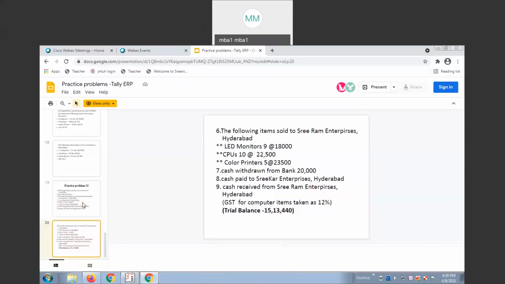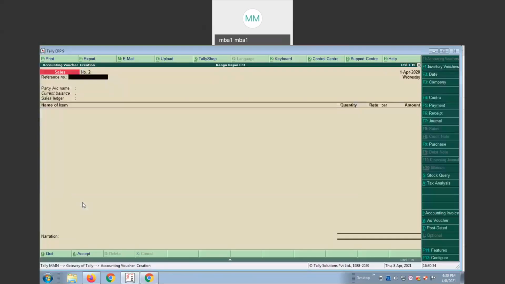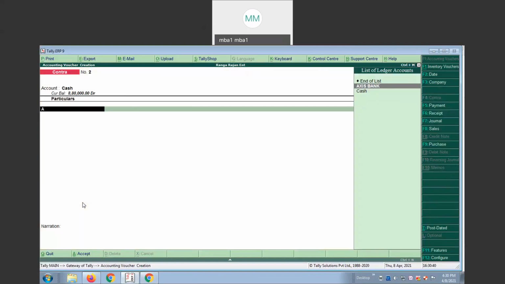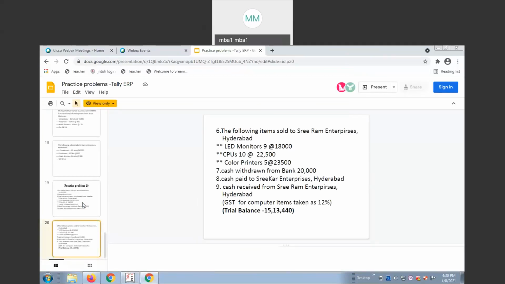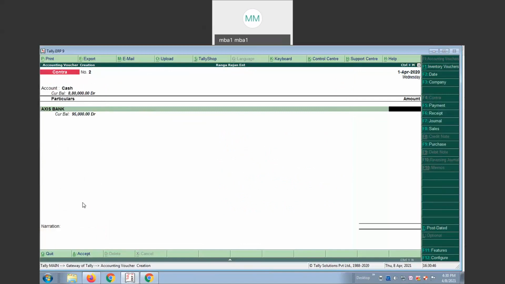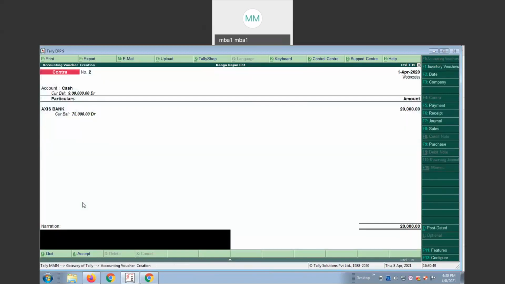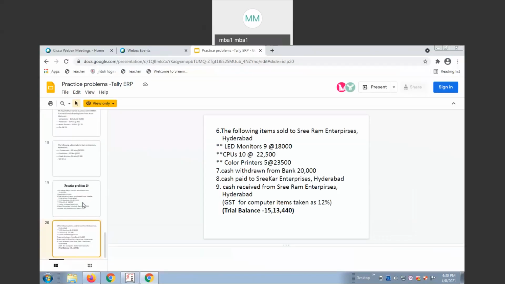Now, cash withdrawn from bank. Withdrawn. F4. Cash. Axis Bank. Cash withdrawn from bank, Axis Bank only. 20,000. Then cash paid to Srikar Enterprise.